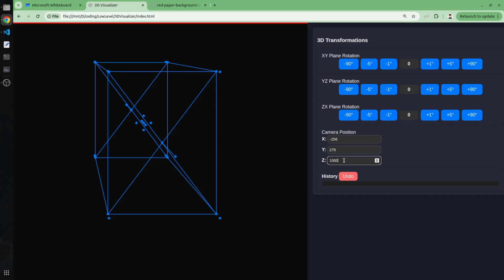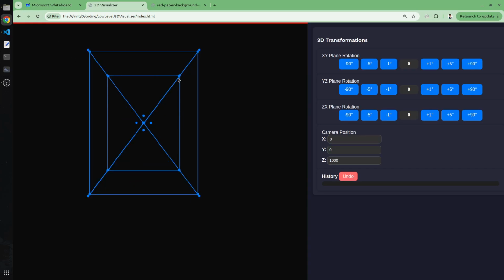And moving the camera in z-axis, what that would do. Okay, before that, now you see that the face at the back, or let me just refresh the page. So the face that you see at the back is smaller versus the face that you see in the front, because the distance of the faces from the observer is different. So if I move it,